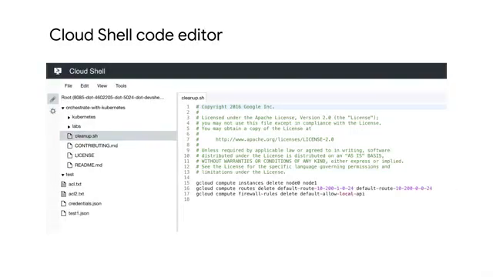The Cloud Shell Code Editor is a tool for editing files inside of your Cloud Shell environment in real time within your web browser. At the time I'm recording this video, the Cloud Shell Code Editor is still in beta. You can also use text editors from within the Cloud Shell command prompt. This tool is extremely convenient when working with code-first applications or container-based workloads, because you can easily edit files without the need to download and upload changes.